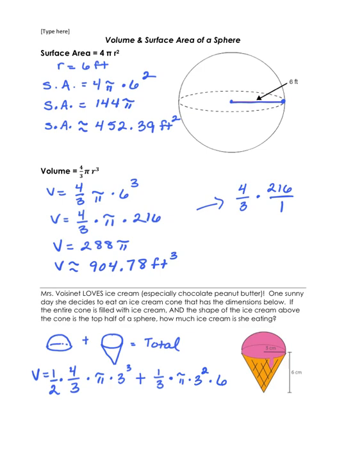And now I need to simplify. So the way we're going to do this is we're going to do this in 2 parts. We're going to simplify all of this for volume of the sphere first, and all of this for volume of the cone second. Then we will worry about combining them together. As I'm simplifying things, I'm going to change the order of the terms to help us with multiplication. So my volume is equal to 1/2 times 4/3 times 3 cubed, which is 27, and I'm going to put that over 1 so it looks like a fraction, times pi, plus 1/3 times 3 squared, which is 9,